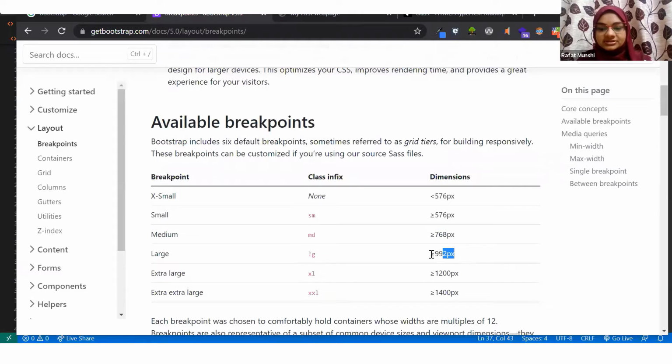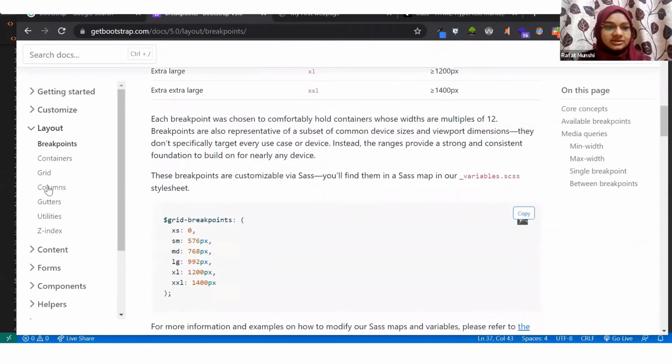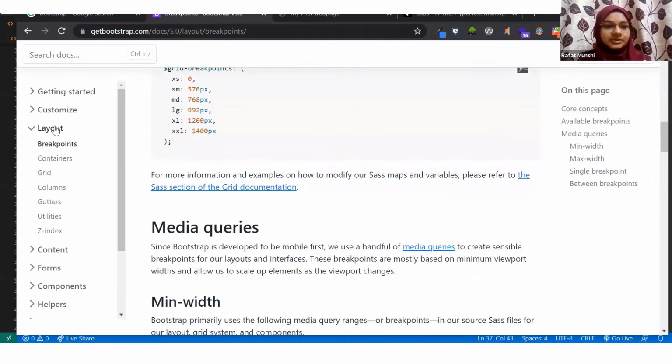So we saw that for 992 pixels, everything was good. But as soon as it came below 992 pixels, whatever I defined for small devices came automatically for medium devices as well. So small and medium had one above the other, and large had all the three columns side by side, and the same would be taken up by extra large and extra extra large, because whatever I defined is called the breakpoint, and beyond the breakpoint everything is going to be the same. So above 992 everything is same, above 576 everything is same. This is how you would use Bootstrap breakpoints and have your layout done in your page.